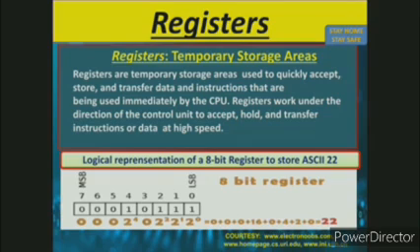Now you can see a logical representation of an 8-bit register. 8-bit means there are 8 different cells to store 8 different bits. This is the minimum requirement, because whenever a character is processed, it is represented by an ASCII value in the system, and then coded into binary digits, that is bits. We need a place to store it, and this is the place where you can store it so that the data can be processed.